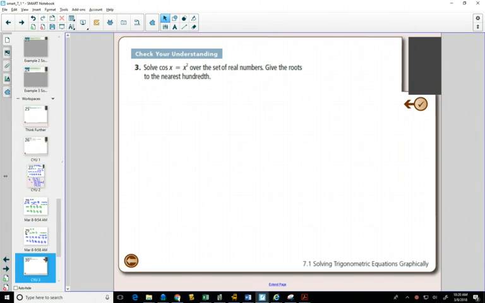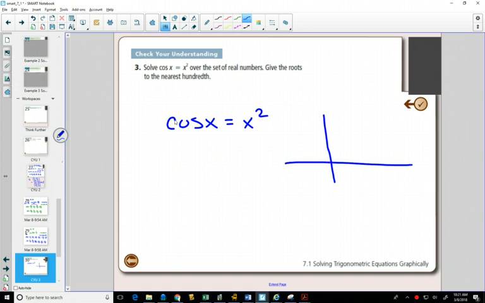But the skills and the ability to use technology and to understand what's going on is important. So what this means is we want to solve cos x equals x squared. And we have no algebra skills up till now that would allow us to do this. But if we think about this graphically, and we're going to draw a sketch without our calculator, we know the